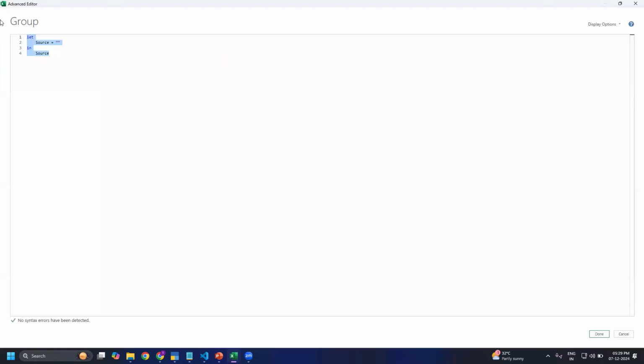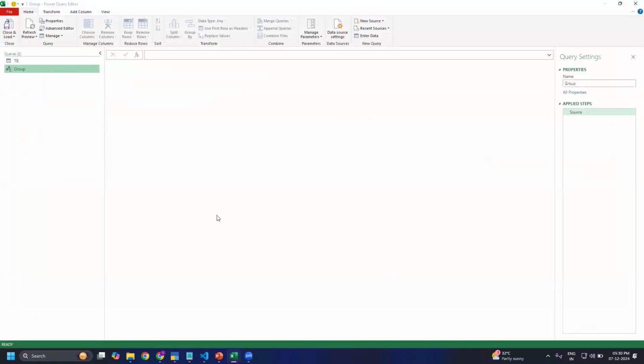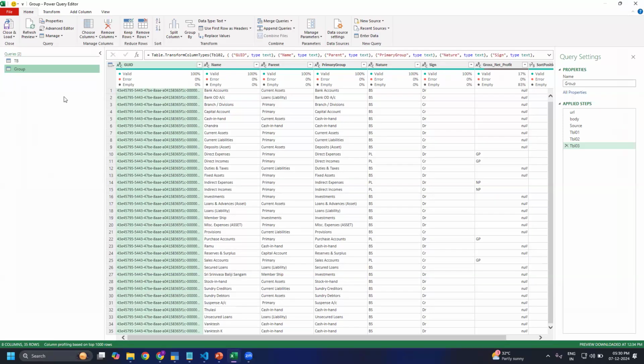So here we have to paste what is copied from Notepad. This is how that query looks like. Everything is localhost 9000, which is given in Tally. By using this, it will extract everything. So now we have to click on done. So these are the groupings which are in Tally, extracted to Excel. Now again I will click on close and load to,